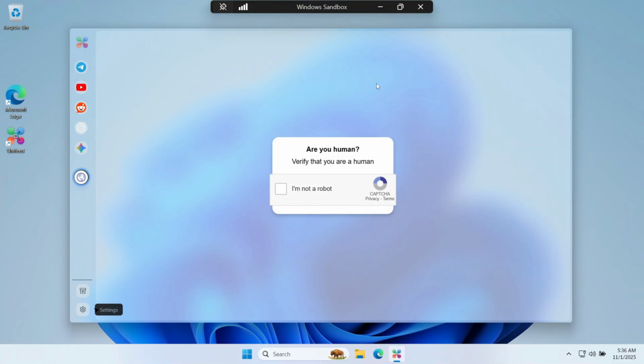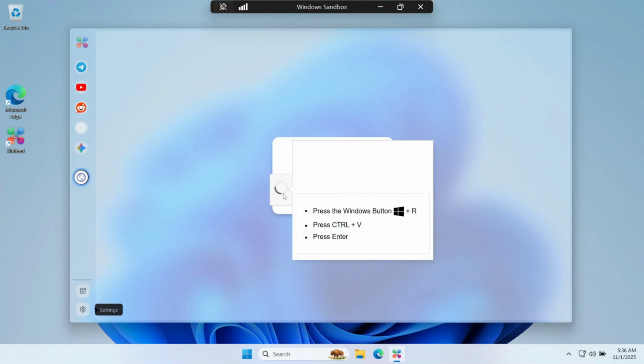This is how the interface looks, and it looks like the normal proof that you are a human pop-up which normally shows when we are browsing the internet. So when I saw this, I decided to click on it to find out. It popped up with this prompt and showed me some actions to prove that I'm a human. And this was a bit scary because the first action they told me to do was to press Windows